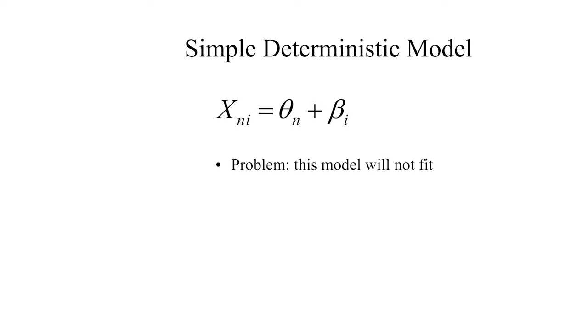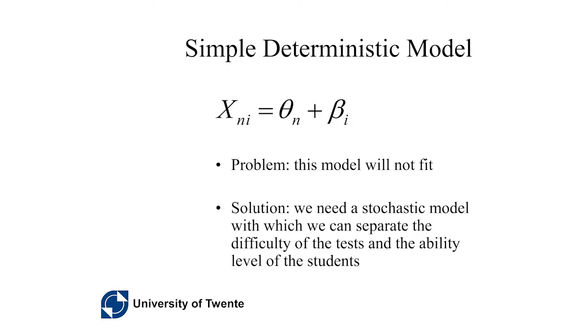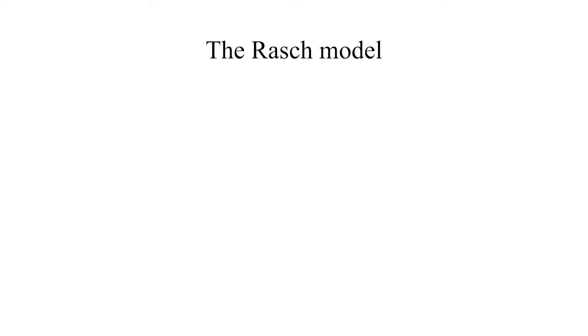Problem of course is that I've made it up. It fits perfectly, it's a deterministic model, and in practice it does not fit. If I only have one or two observations that are not according to my model, then already I have to reject that model, because that model does not allow for any fluctuations. So what do we need? We need a model with parameter separation, but it has to be a stochastic model. It has to allow for fluctuations in the data. It doesn't have to fit perfectly.